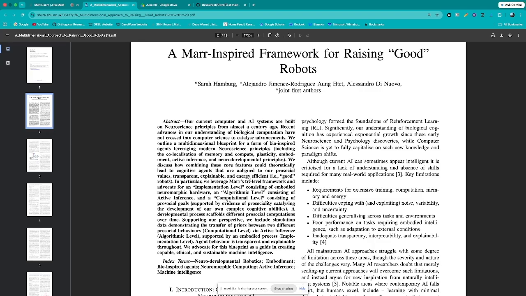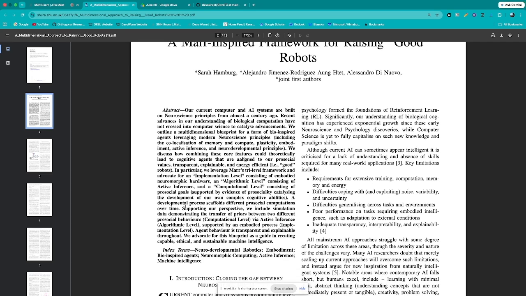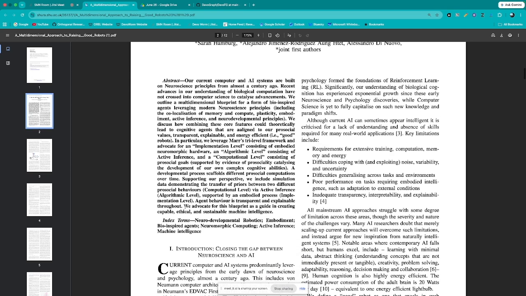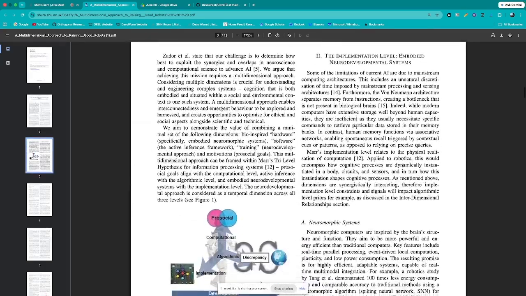They link that to Marr's three levels, which we've talked about in the Saturday meetings. The implementation level is neuromorphic hardware, the algorithmic level is active inference, and the computational level is these pro-social goals. That's how they approach this, and they come out with some points here.